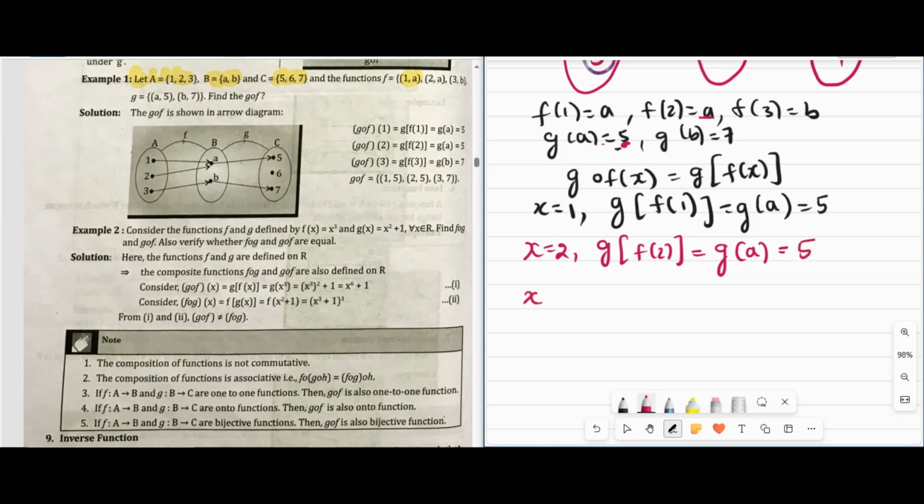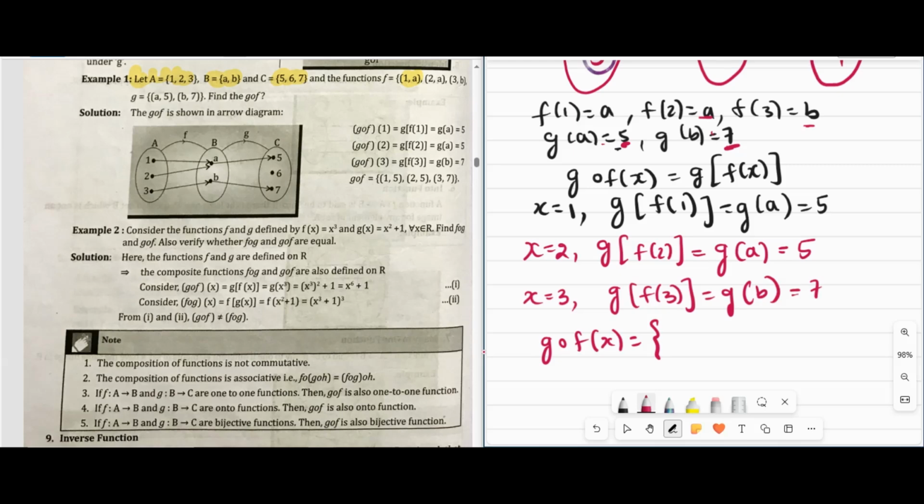Then X is 3, so G of F of 3 equals G of, what is the F of 3 value? B. Then what is G of B? G of B is 7. So here, G o F of X equals,